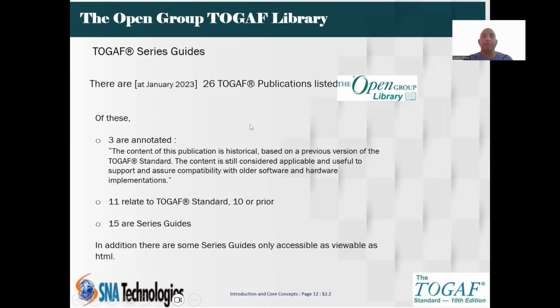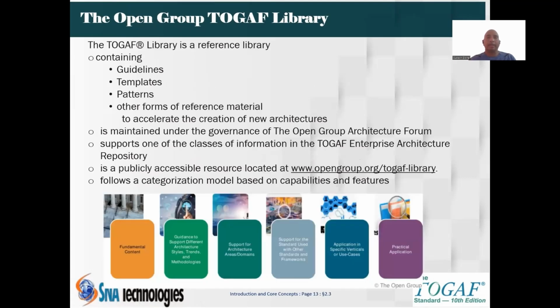As I said, there are about 26 series guides in the TOGAF library. 3 are annotated, and 11 are from the previous standards, sorry. And then 15 are the series guides, right? In addition, there are some series guides only accessible as viewable HTML. Okay, so these are some of the guides, and all these guides and the whole content is stored in